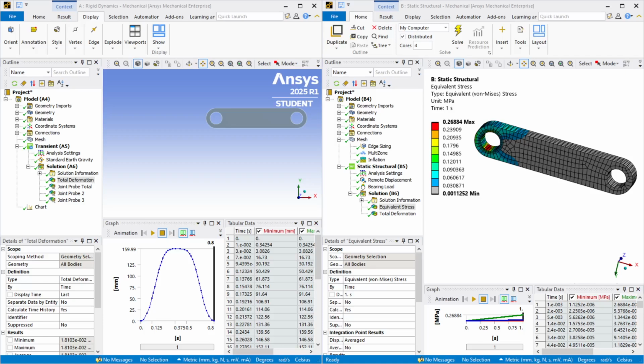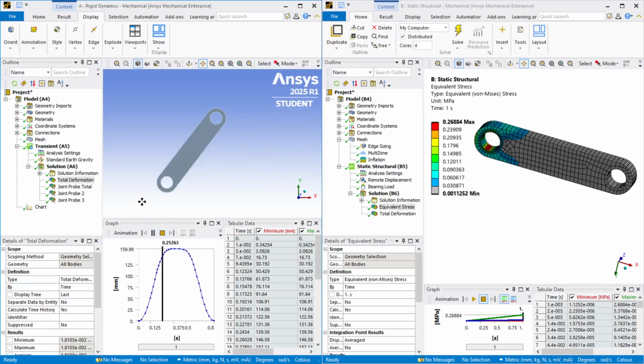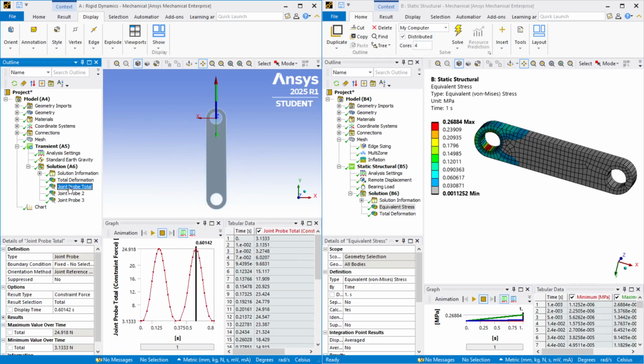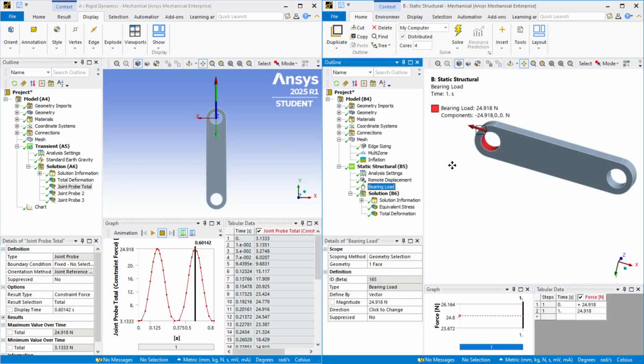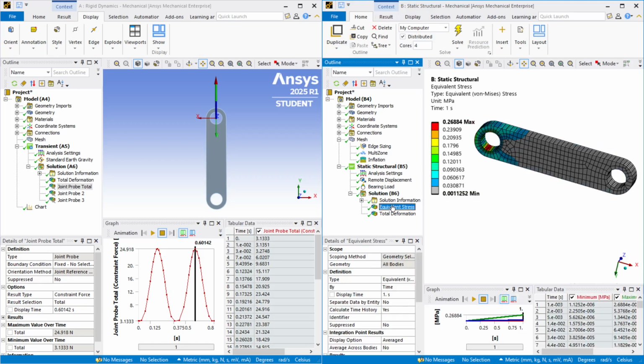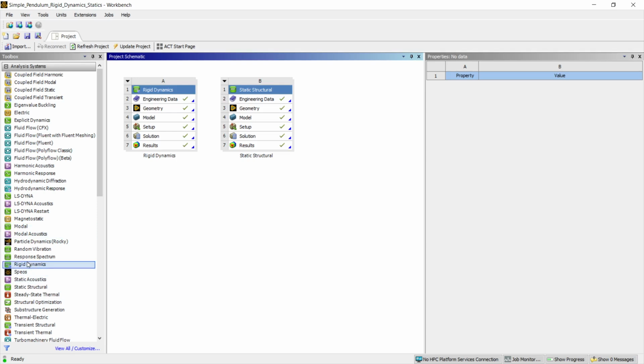Hello, this is a video on a simple pendulum that is swinging about its pivot point, and we're going to use rigid dynamics to simulate the motion and then obtain this peak force of 24.9 newtons, and then apply that as a bearing load in the static structural model and obtain the stress. So the rest of the video is to see how that's done, and we're going to just redo it in